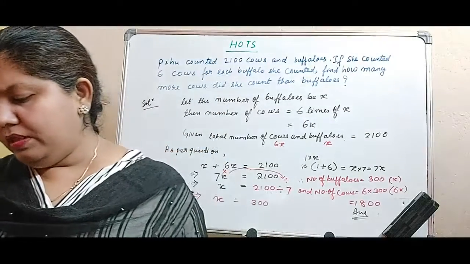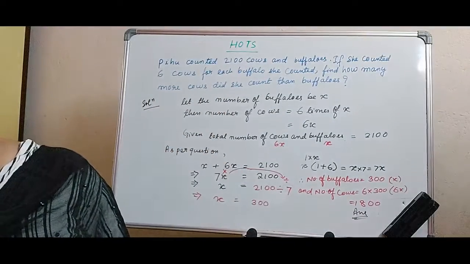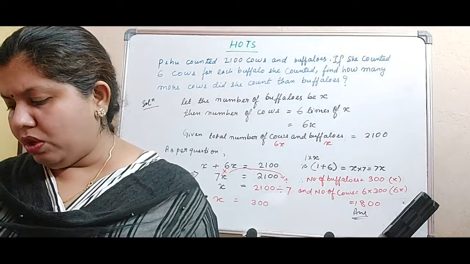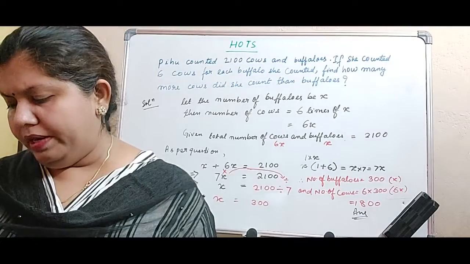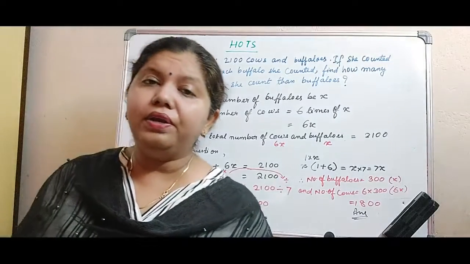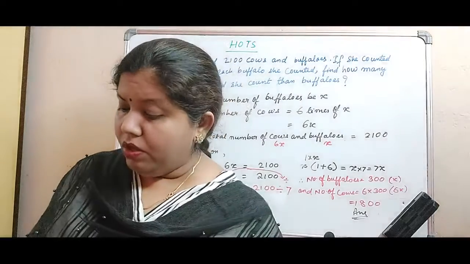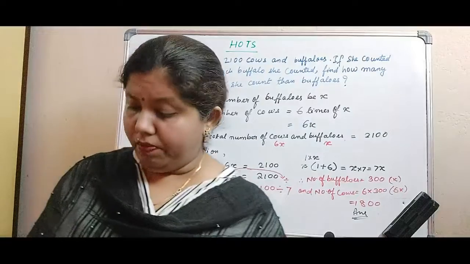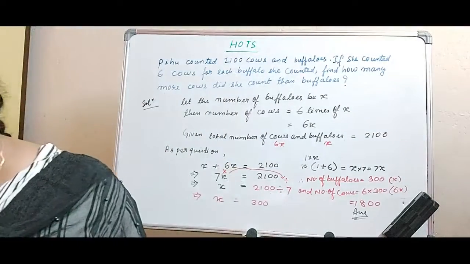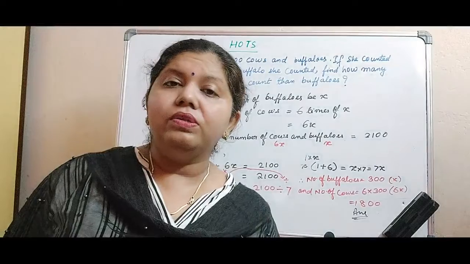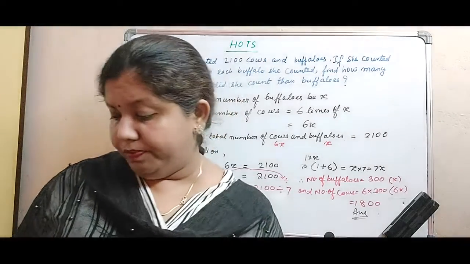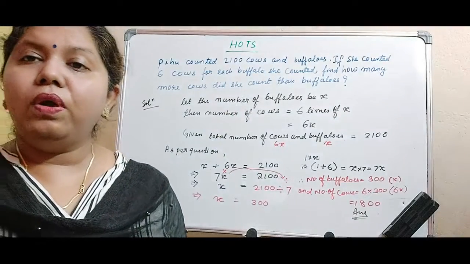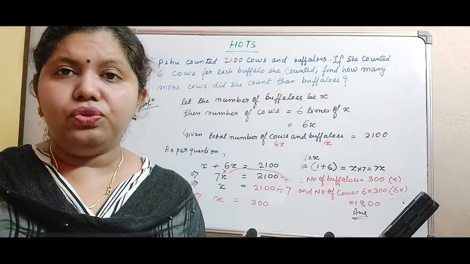Option D. Anant jogged 5,160 meters in an hour. How many meters does he jog in 1 minute? So here you have to convert 1 hour into minutes. 1 hour means 60 minutes. So in 60 minutes, Anant is jogging 5,160 meters. But if we want to know how much he jogs in 1 minute, you have to divide 5,160 by 60. I hope you all have understood how to solve these questions.